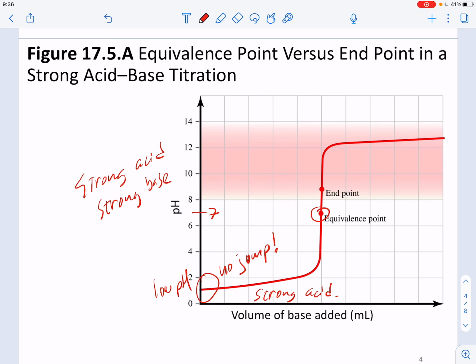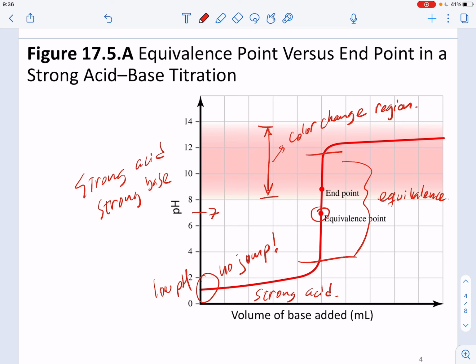Now ideally you will have the change in color for the indicator right at 7, but it doesn't really happen that way. So what you see here, from this point to this point, is the color change region for the indicator. All right, and what you want is that somehow that color change region overlaps with the equivalence point region,